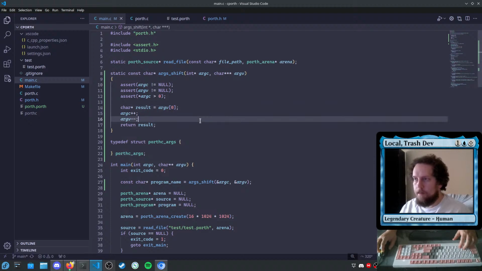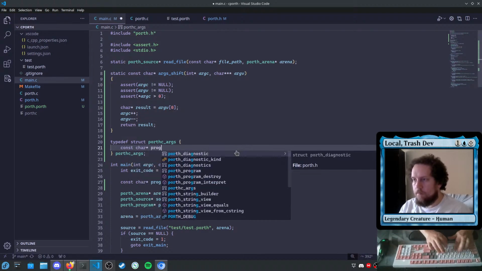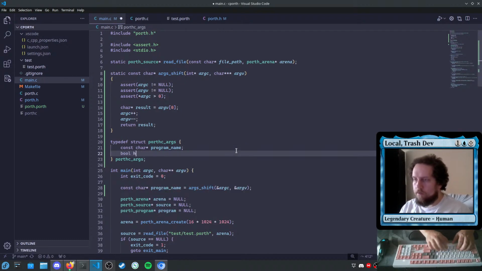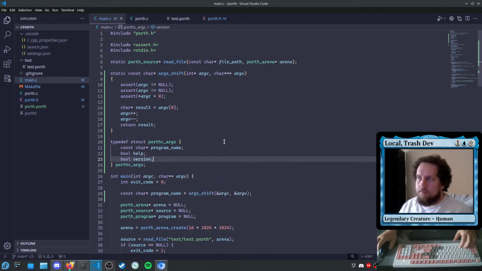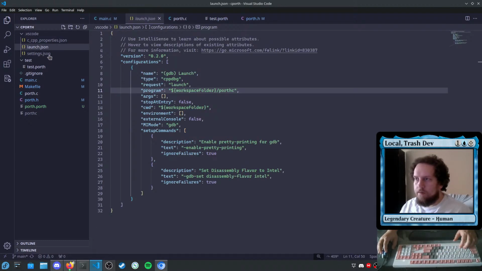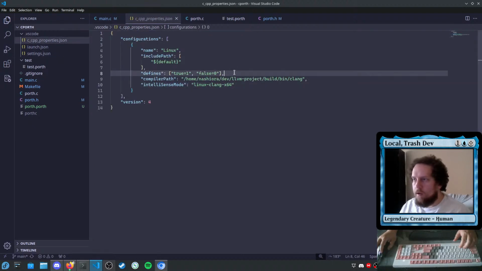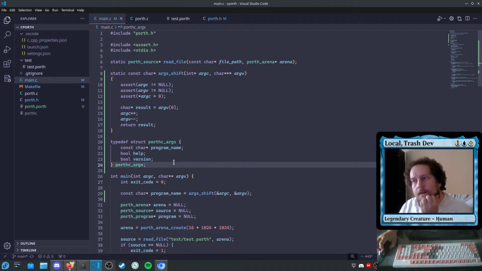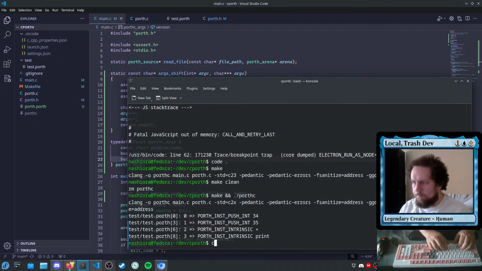Okay. So I'm going to put the program name in here for potential help dialog. I'll also throw in a bool for help and a bool for version. I've already got bool defined up here, so we're not going to get errors from the not updated version of the extension. But I shouldn't need to include standard bool because we're compiling with